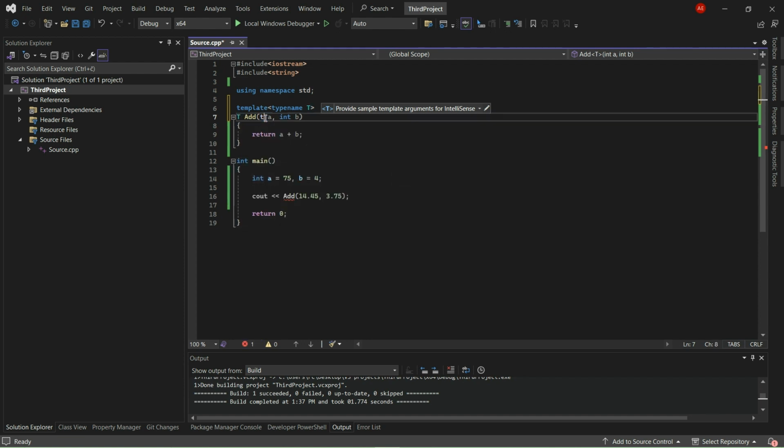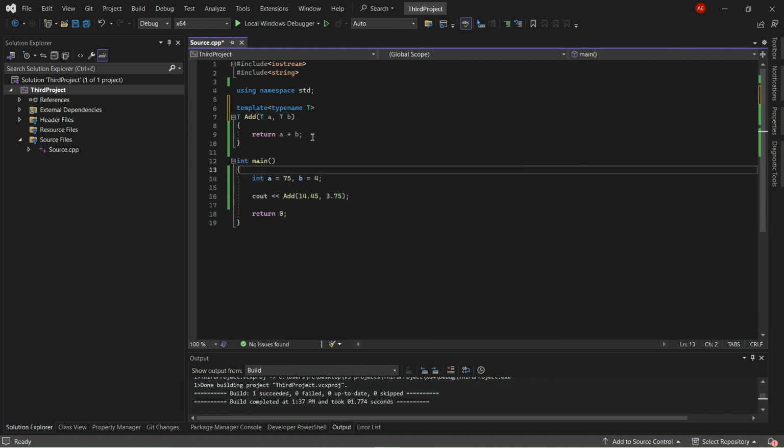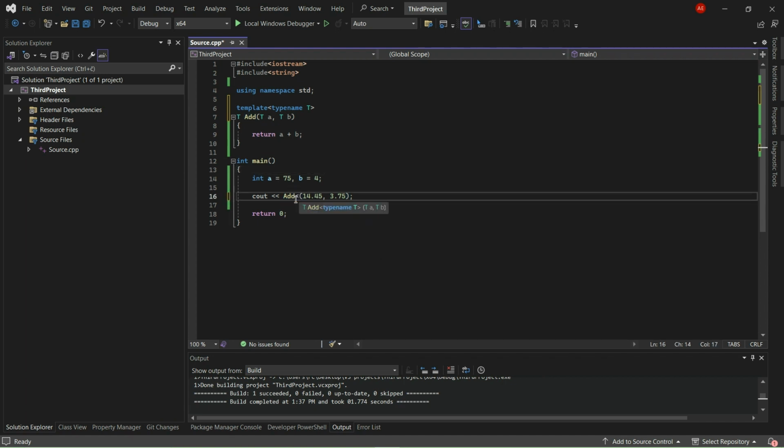It will also take two T parameters. Because this function is generic, you need to choose data type when you're calling it. So if you choose integer, all those T's are going to be integers. And now when I call this function, I need to specify type name. So I will specify double